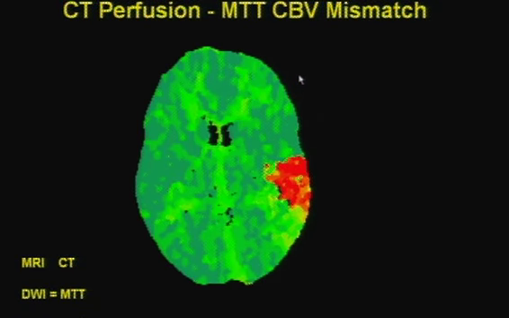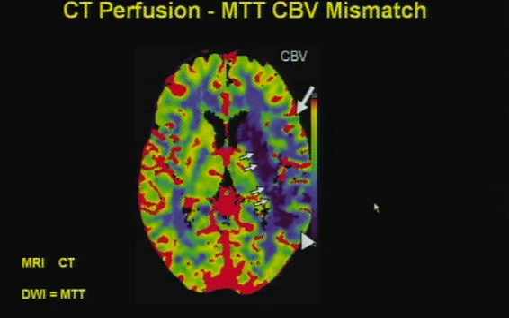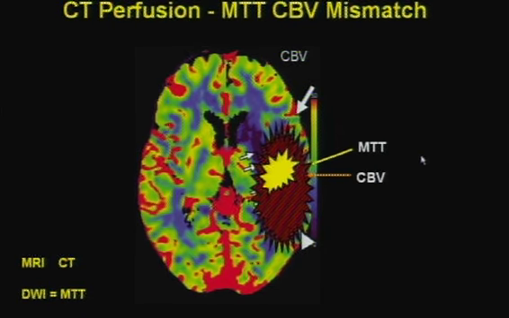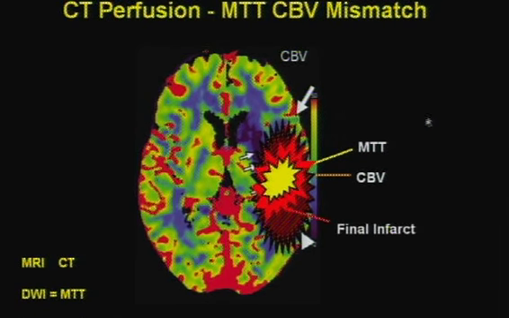If you're doing it with CT perfusion, again, this is very controversial. If you're trying to look for the penumbra between the mean transit time and either the CBV or CBF map. So again, the transit time is felt to be more of the core, and then the CBV or CBF is that in-between